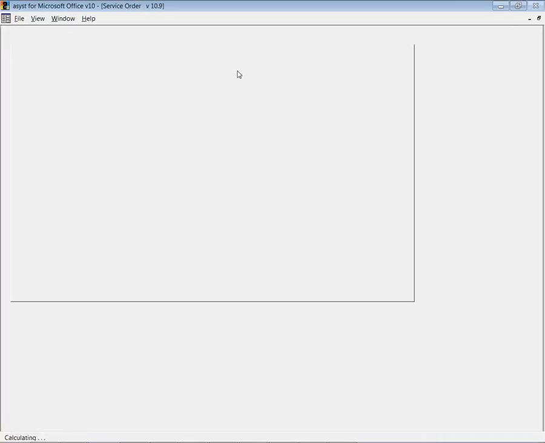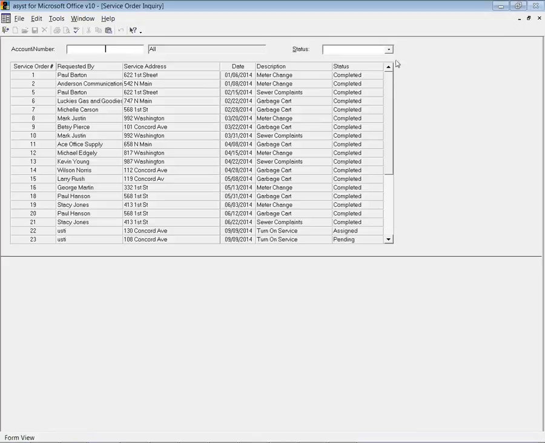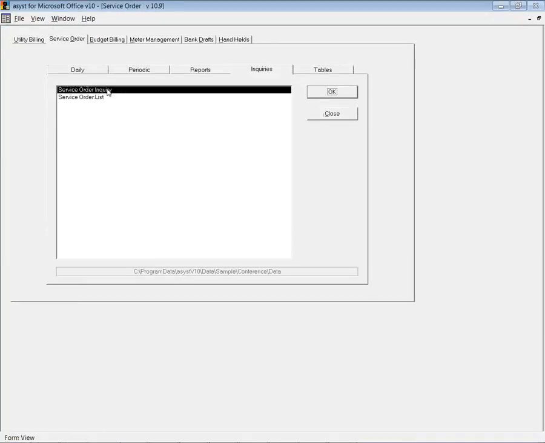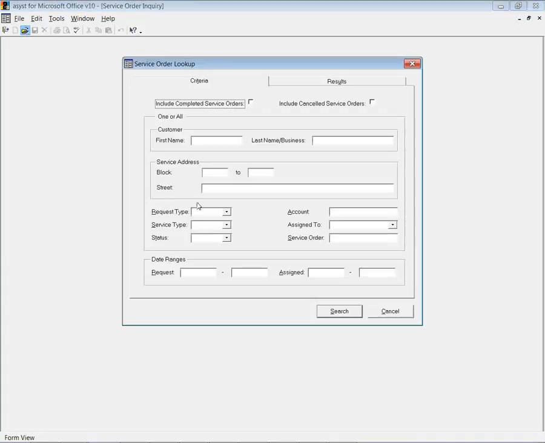Once it's in the system, you're going to have an inquiry that you're going to be able to look at any point and see by status. You can get a quick list. You may want to see the ones that were completed, or you may want to see the ones that are assigned. You can also look up and see all of the service orders at a certain address,